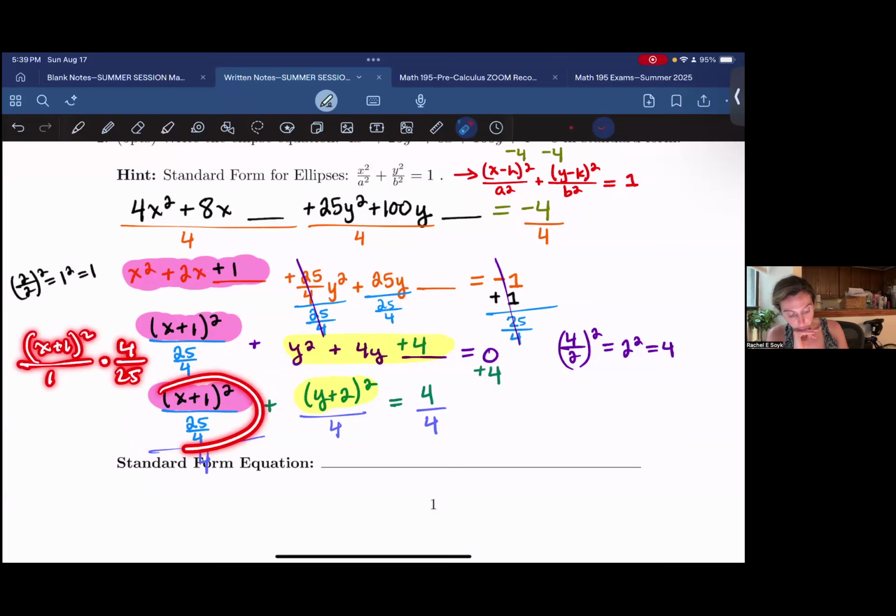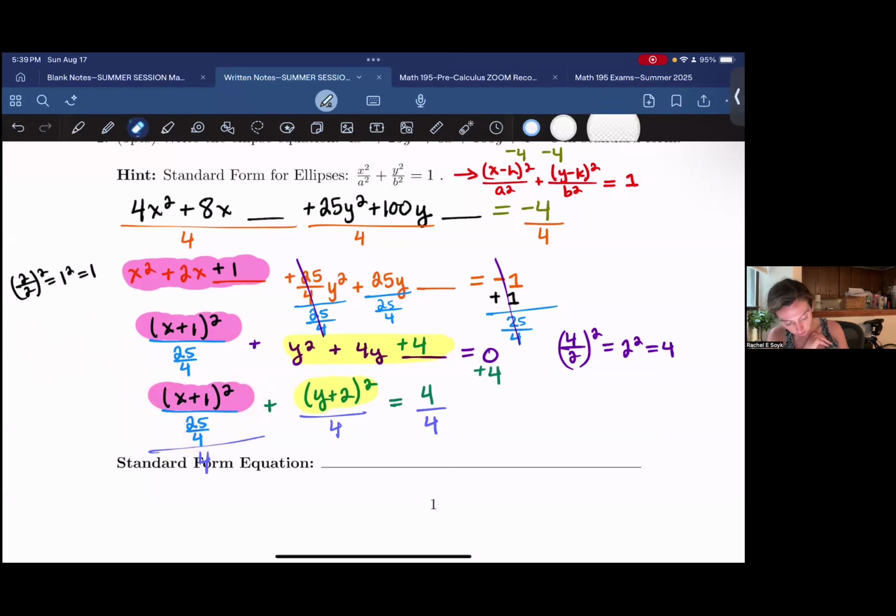So we can rewrite this where the 4 is in the numerator and 25 is in the denominator, and then it'll look a little bit cleaner. So we have our 4 in the numerator, 25 in the denominator,